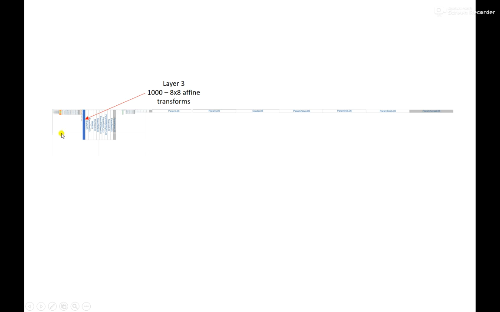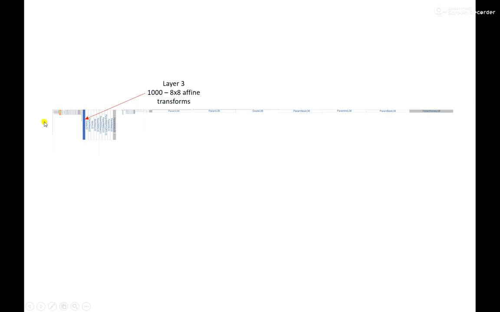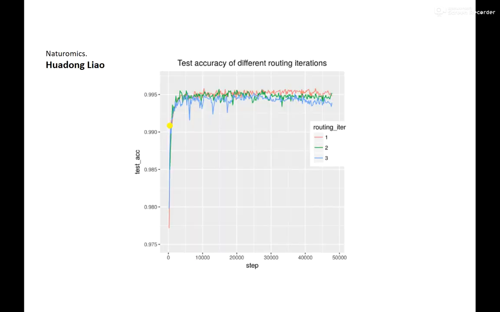A few more slides. Well, if you expand this out, that affine transform looks like this, and that's the full model with the backpropagation and the optimization of backpropagation. I used Adam, which was again a straight copy of what people would tend to use, and also what Aurélien used. The reason I went back to one stage of routing by agreement